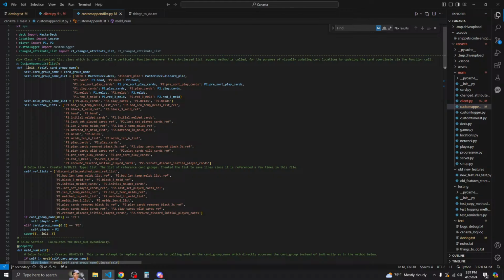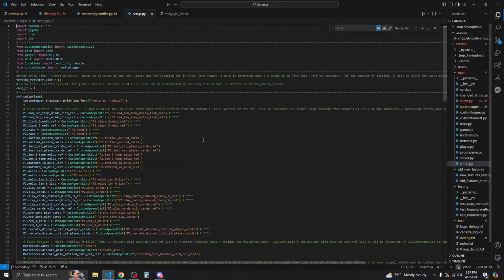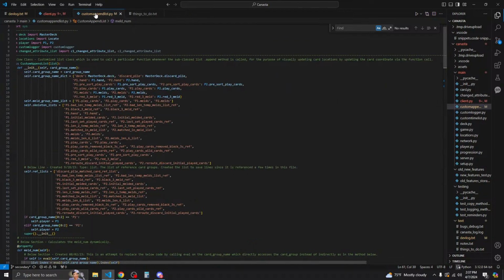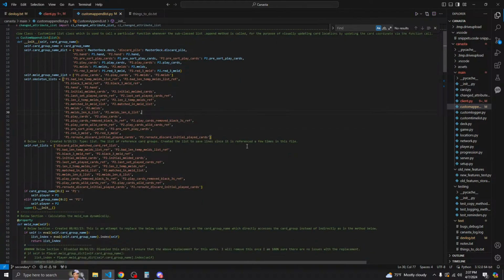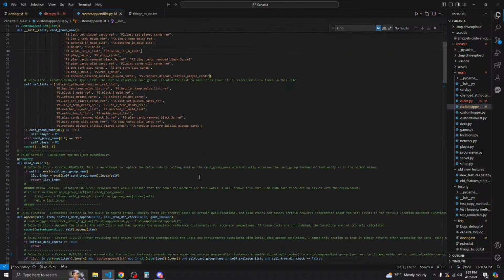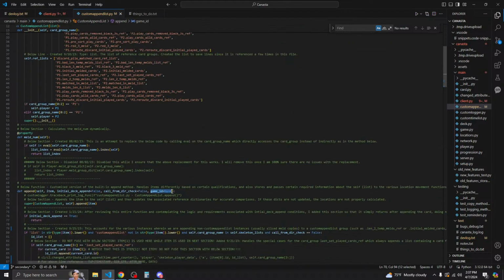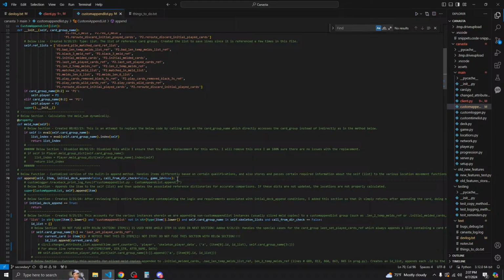Whenever you create the custom append list, it is created with a full name, like right here, P1 initial meld cards, which means the card group name is going to be P1 or P2. I know sometimes the game ID parameter is not passed. Oh, we actually have this assigned already. Look, self.player.